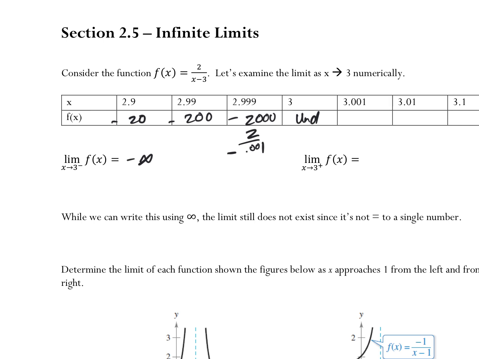So I like to think of it as that if I'm looking at this particular one, my limit is 2 over a negative 0, which technically is not true. Right? Because you can't have negative 0, but in terms of my thinking it's 2 over a really, really tiny negative number. So really close to 0, but negative. Is everybody good so far?